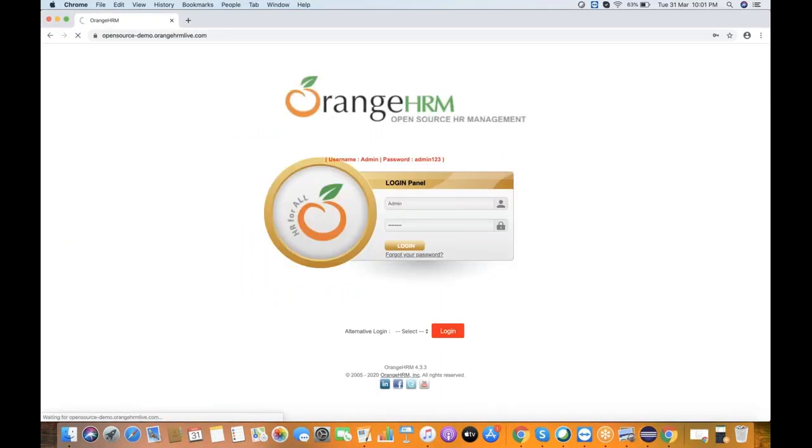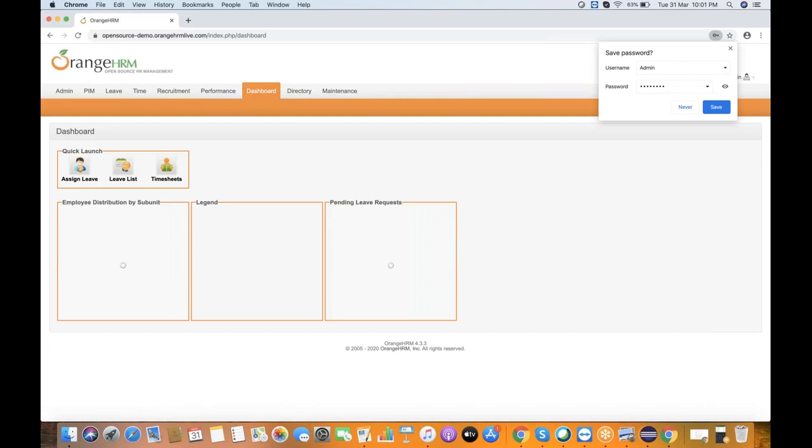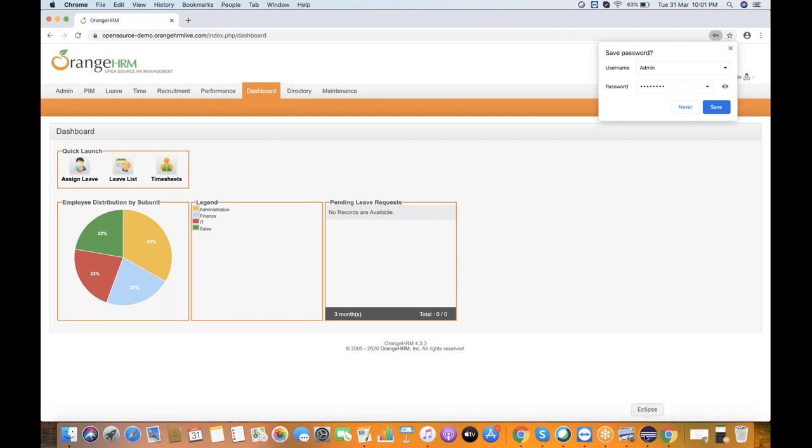This is an open source CRM application. After logging in, it will click on something, assign leave, and simulate that flow. Maybe some locators are changed, or else I might be changing the locator to fail this test case purposefully to see the report.